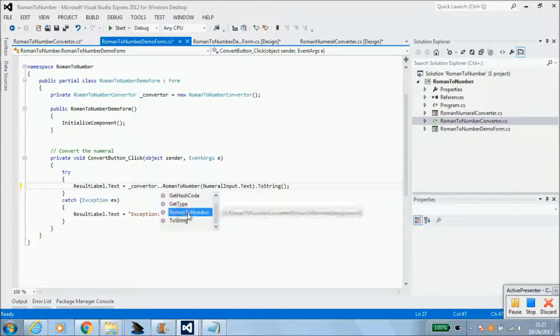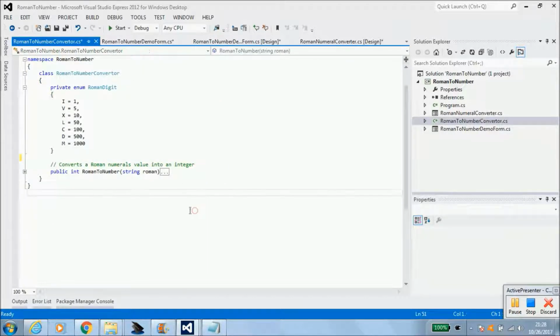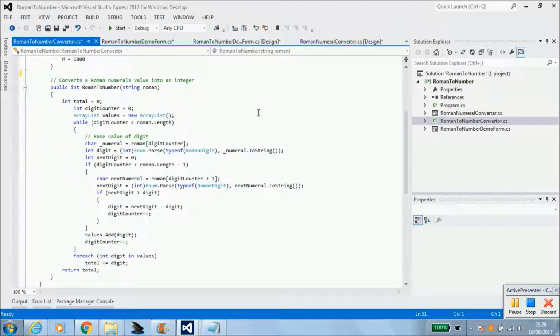And here you can see our Roman to number function that we created. Right. So we go back here. So this is basically our function with the logic to convert this Roman numeral. It passes in a string parameter called Roman,